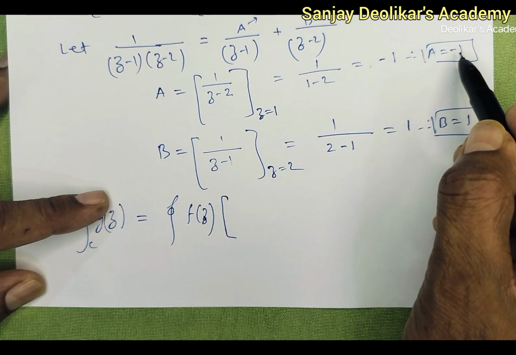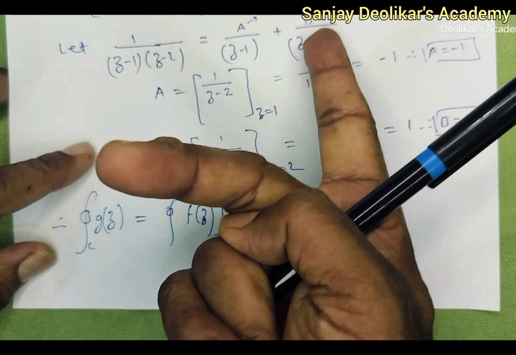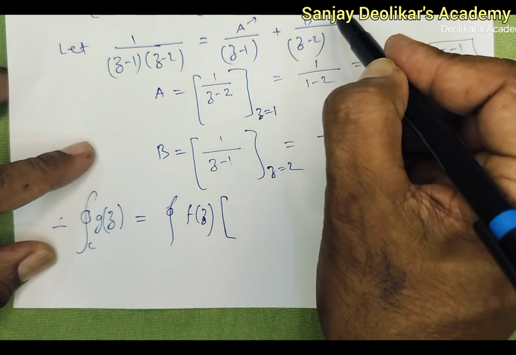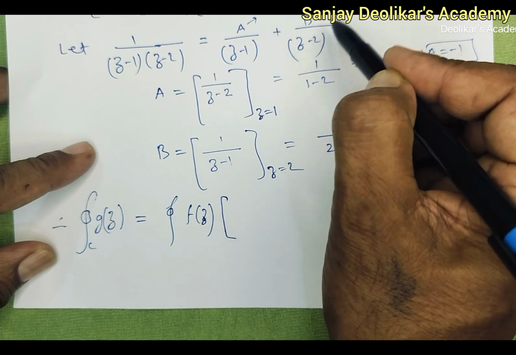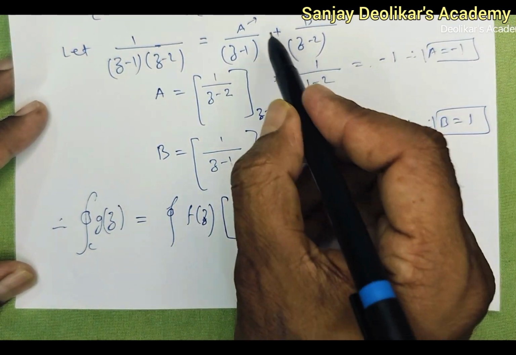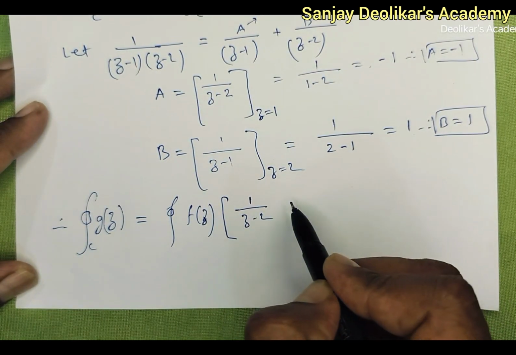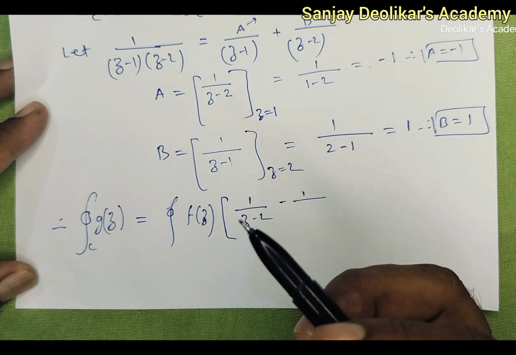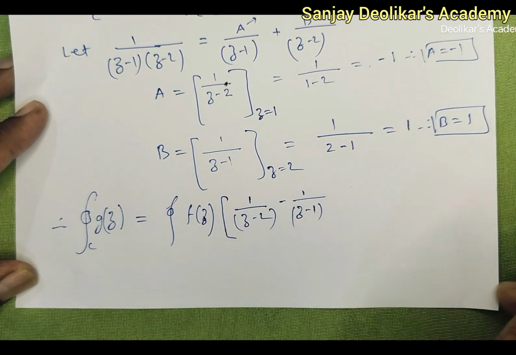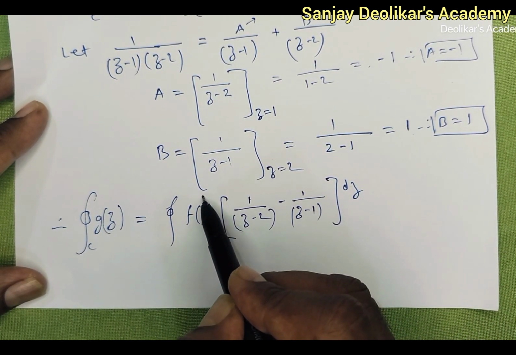This a is minus 1, the minus 1 term we shall write later, and the b term we shall write first, meaning b upon z minus 2, that is 1 upon z minus 2, we shall write first. And this term we shall write later, minus 1 upon this z minus 1